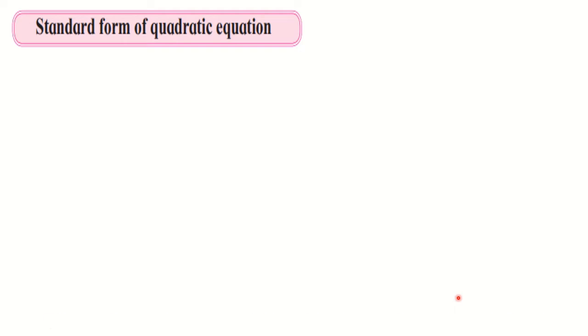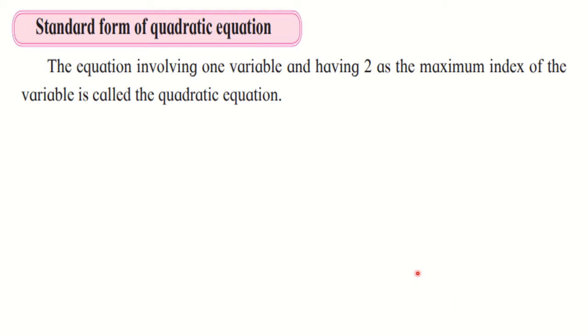So first of all, let us see what is the meaning of quadratic equation. Here the equation with index 2 and having only one variable is called a quadratic equation. The word quadratic stands for the equation with index 2. In 9th standard we have studied polynomials and there we have discussed linear polynomial, quadratic polynomial and cubic polynomial. So whenever the index is 1, we say that the equation is a linear equation. As we have seen in chapter 1, there were two variables but the indices were only 1. So they were called linear equations.